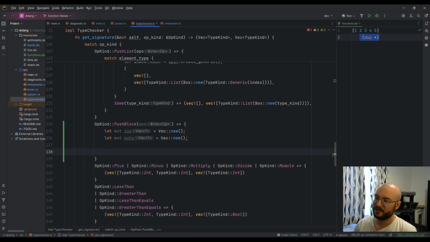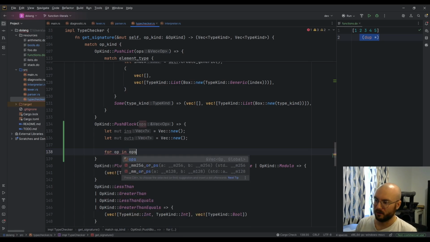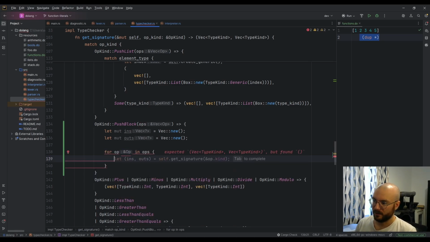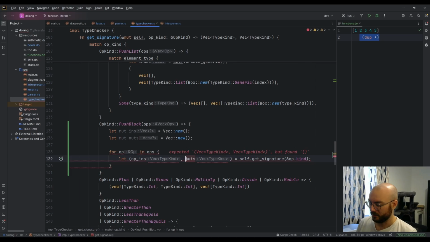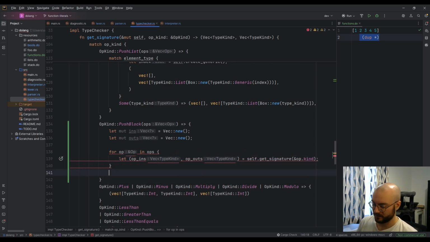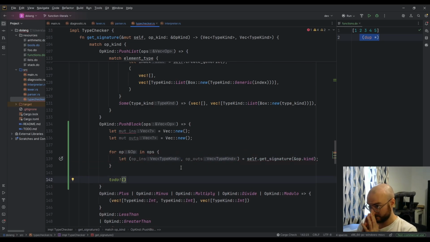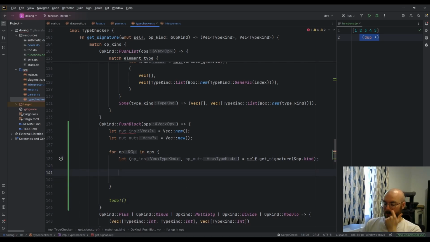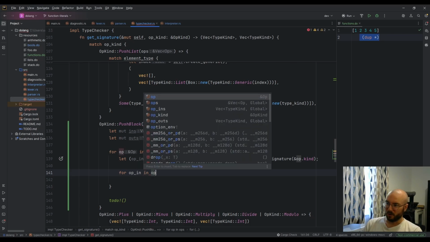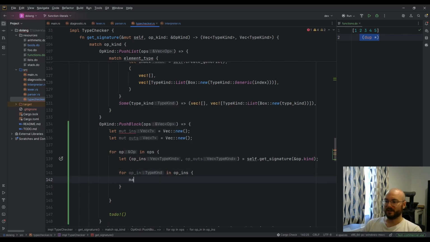And then we just basically say for op in ops. Yeah. So we want to get the signature of this op. So we'll call this op ins and op outs. And this is going to annoy me, so we're just going to slap a todo there. And then we basically just need to do what I said. So for op in op ins, we need to match